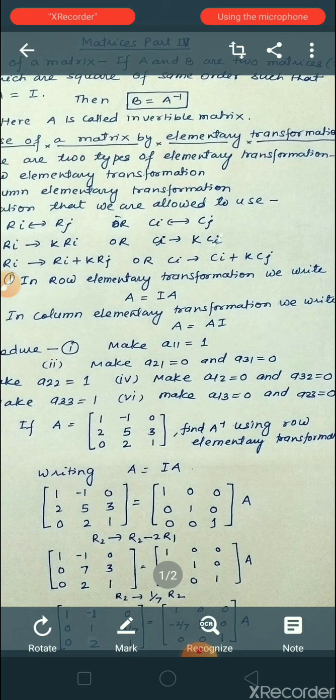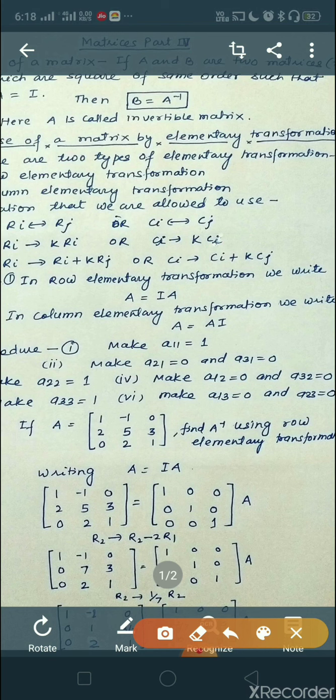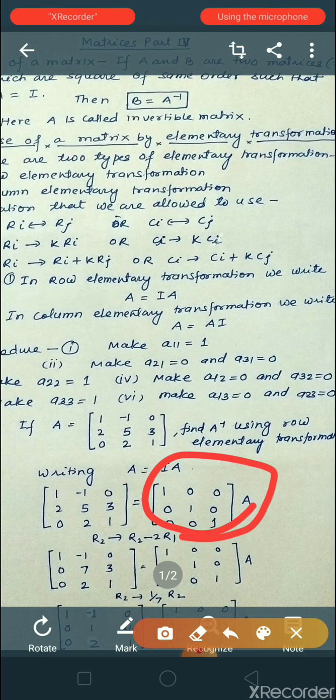Our objective is to make the left hand side matrix an identity matrix. So as you know about the inverse of a matrix, if the right hand side product becomes an identity matrix, then they will be inverses of each other. Means A inverse becomes I, then these two will be inverses of each other in the right hand side. Okay, here it is. We shall convert this matrix as per the changes made in LHS.